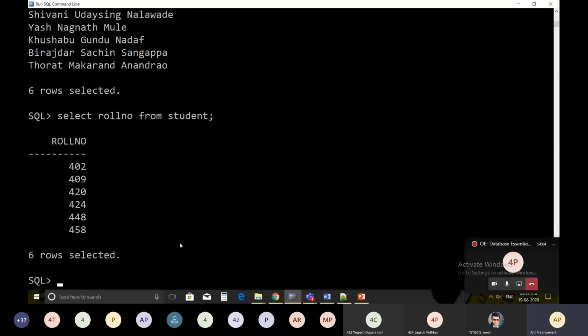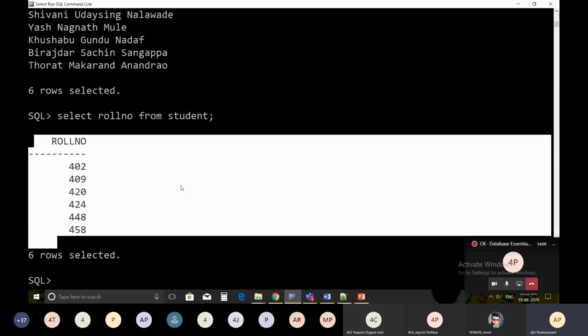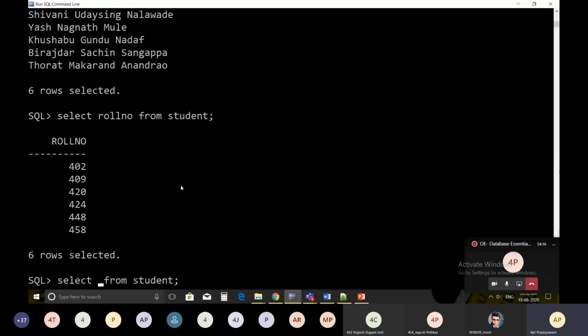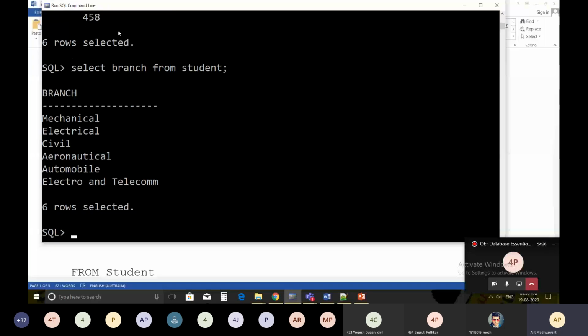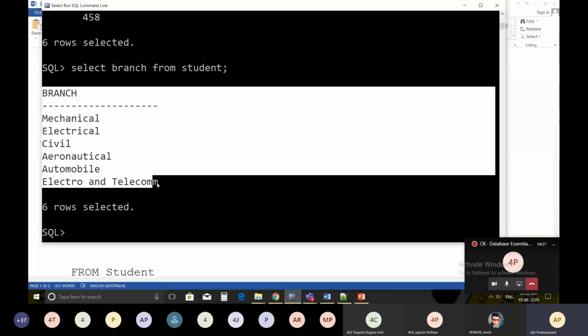You will get this output. It will retrieve only the roll number. If a particular student wants to know the branches, just mention select branch from student. It will retrieve all the branches. So this is the way to use the select from clause.